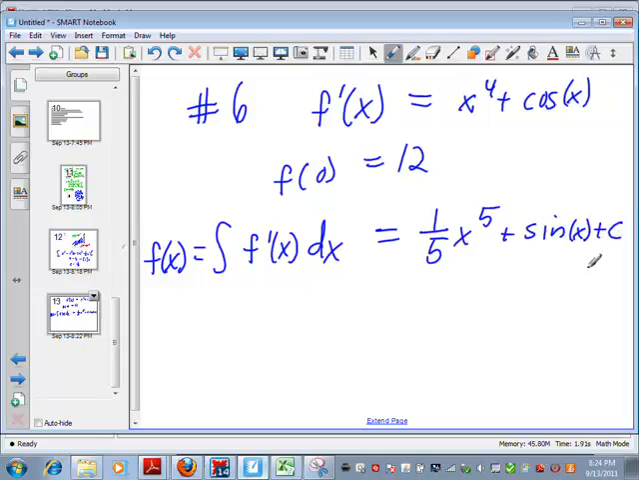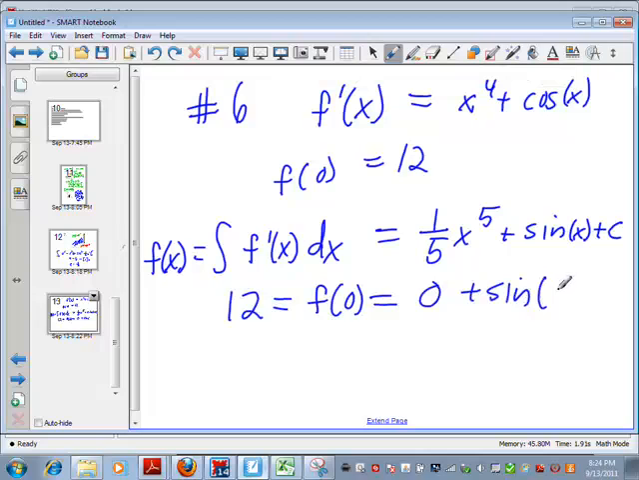So sine of 0, the y coordinate with angle 0, is 0. So that's f of x, and then we'll just use the fact that 12 is f of 0. F of 0 is 0 plus the sine of 0, right, plus a constant. And so that's 0, right? And then the constant